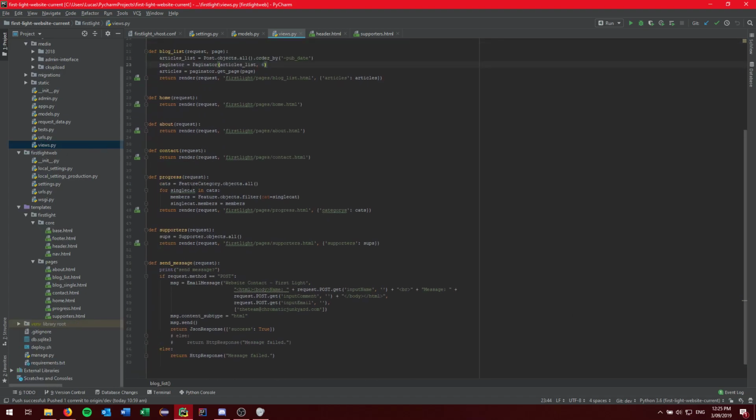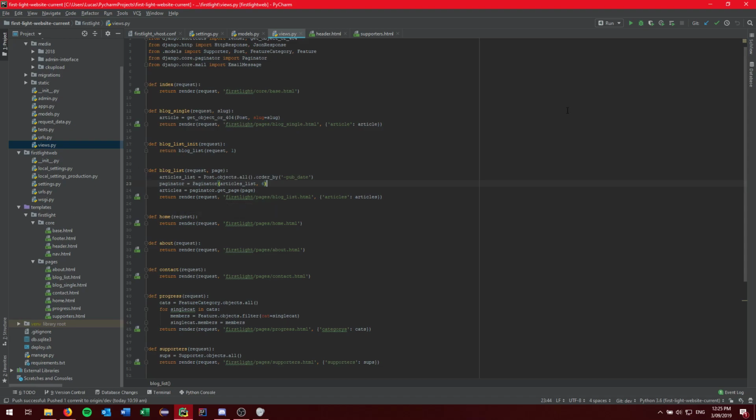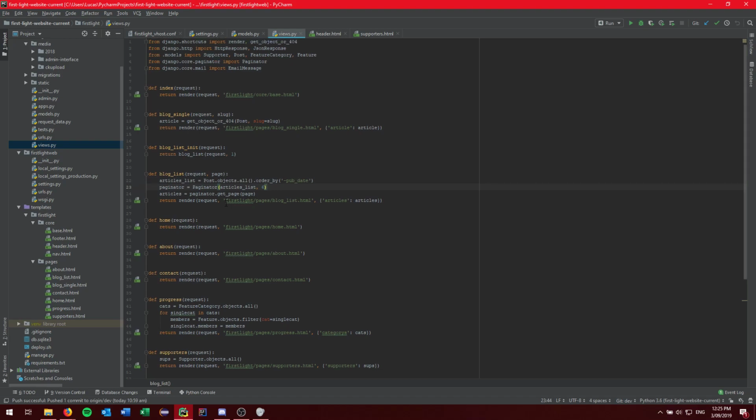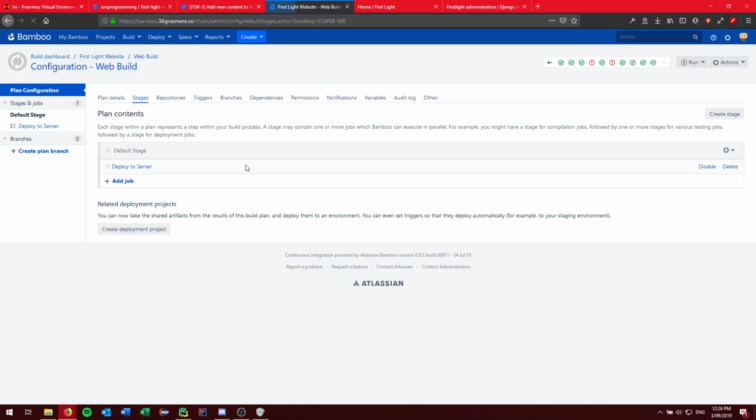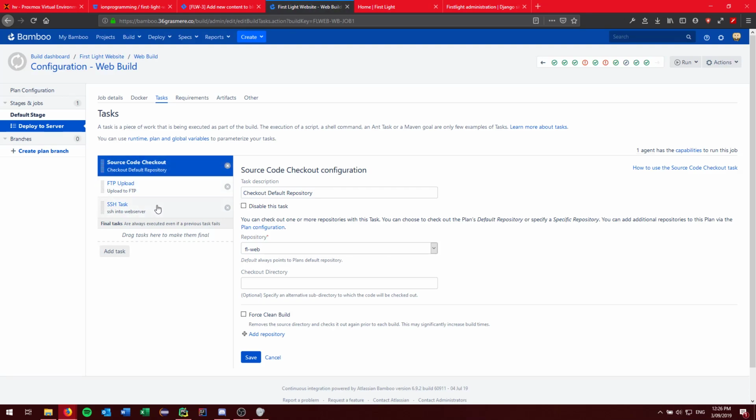So we develop, make changes, whatever we need to do here, push it, goes up to a development branch. Production runs off the master branch of the repository, so we can push stuff to development, and once we're happy, we just do a pull request that goes into the master branch, and then Bamboo will automatically detect the changes. About an hour ago, I merged in some final changes for it. So that then builds; basically what it does is it pulls the latest copy of the source code. So it checks out the source code,